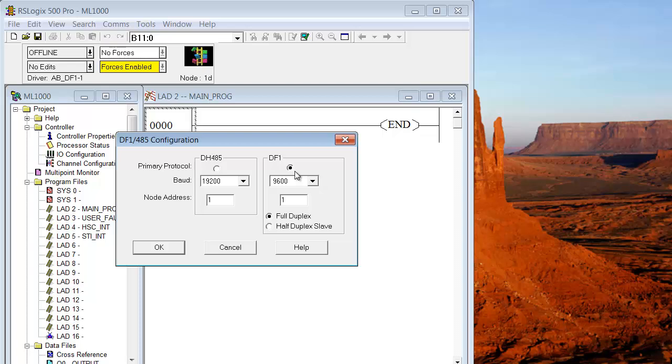DF1 is selected right now, and the baud rate is 9600. But notice now that you can have a node address. That's because we picked a slightly different model of Micrologix 1000. However, you want to leave it at DF1 because DF1 supports auto configuration, and you know from your RSLinx tutorial that if you have auto configuration, then you just click on auto configure, and the software, RSLogix 500 or